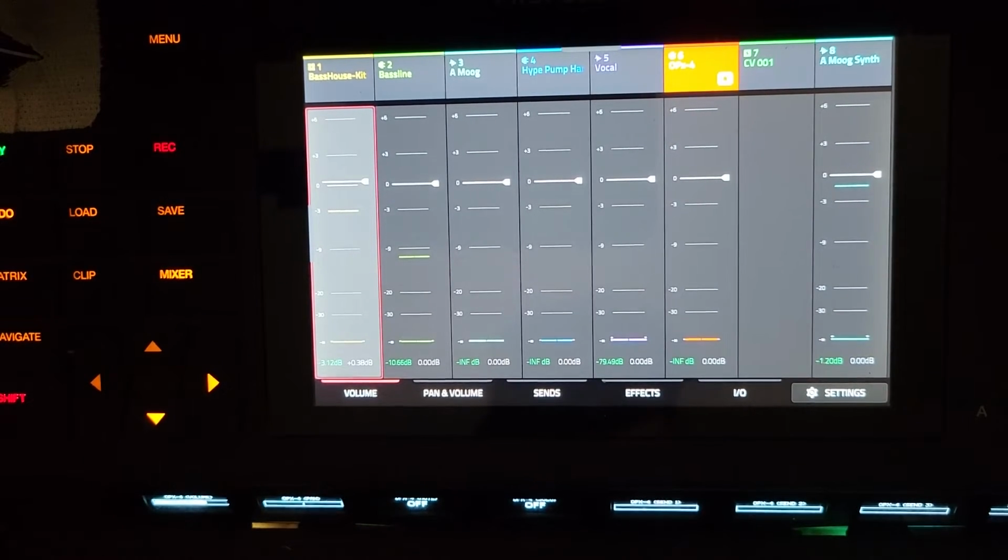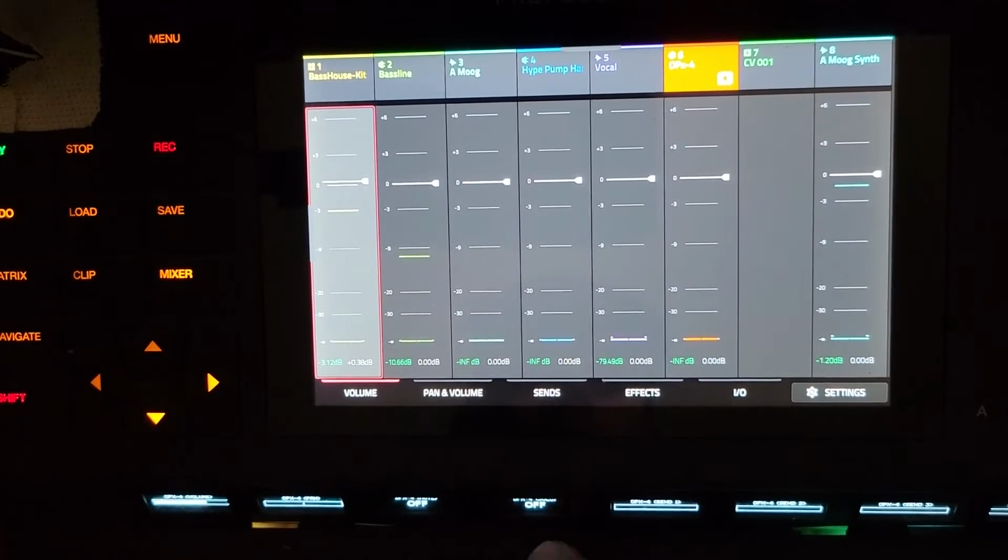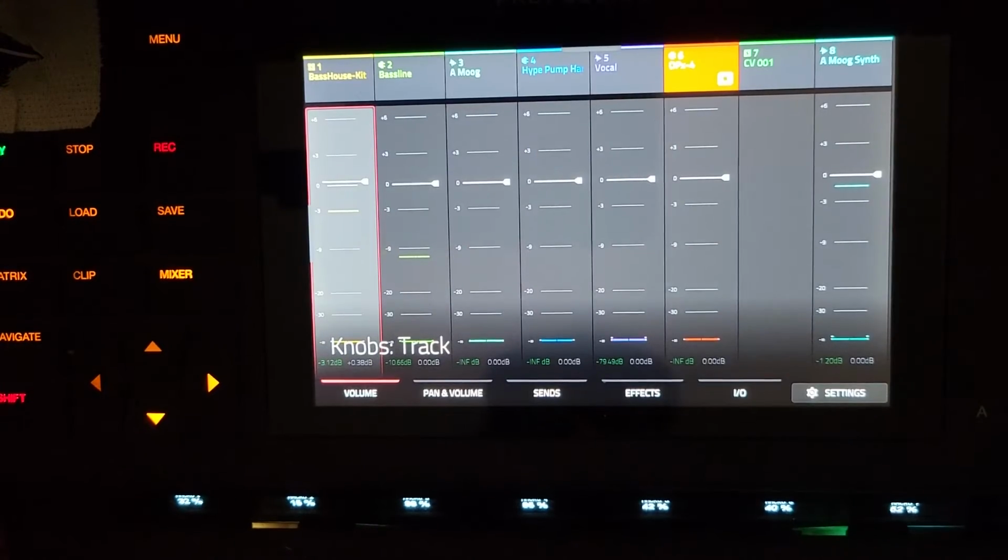So this is kind of a cool one, and this does have labels. If you can't see it very well, there's the OP4 volume, pan, and whether it's muted. So you can do that really quickly instead of having to toggle the mute double-handed buttoning down below. Solo it, boom, boom. And you can see the mute comes on for all of the channels up top. Send 1 through 4. So let's go back to knobs with track, and that's the fun one with the macros,